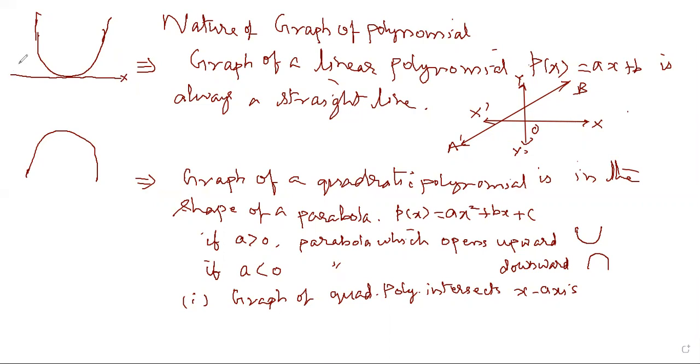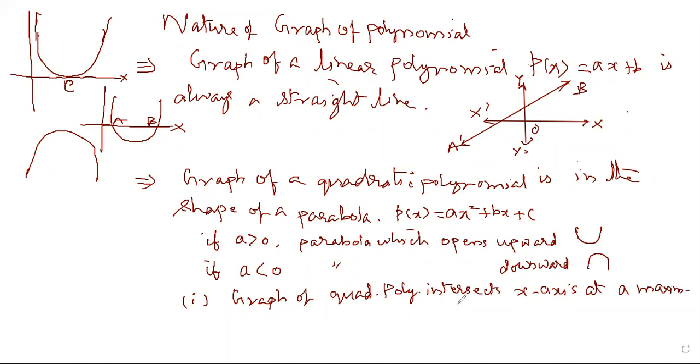Okay, and this is the y-axis, and it can be like this. Suppose this is the x-axis and this is the y-axis, so it can be like this also. Means at the most 2 points a and b, it intersects the x-axis at 2 points. Here it is touching at only 1 point. It can intersect the x-axis at a maximum of two distinct points, so a minimum of 1 point and a maximum of 2 points.